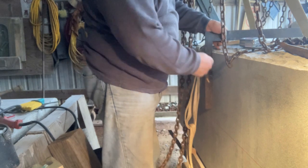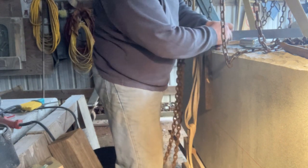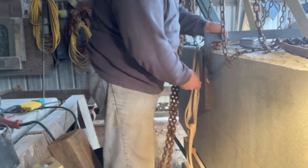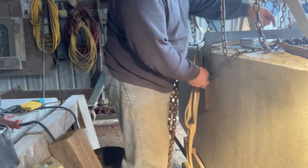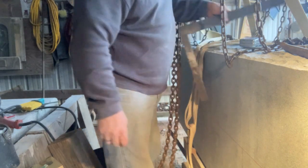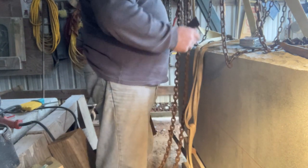Put it on the face, and I measured from this interior edge that was resting on the stone wherever it hits to the center line. And then, as long as it was against that flat face, because this is parallel, I could go over and measure on this side to see how far down I needed to go to mark my line. I did that on both ends, marked the middle,